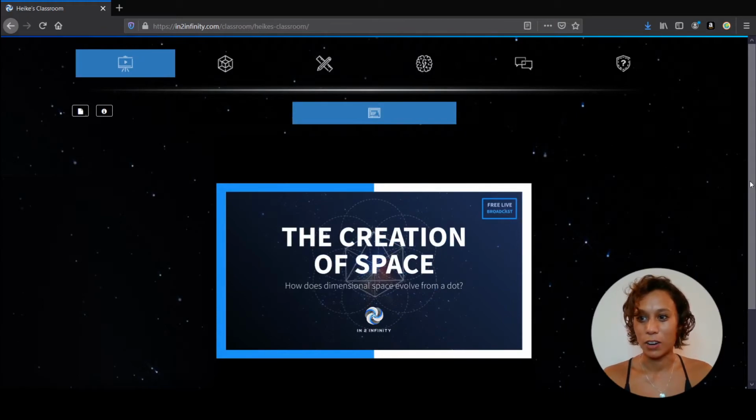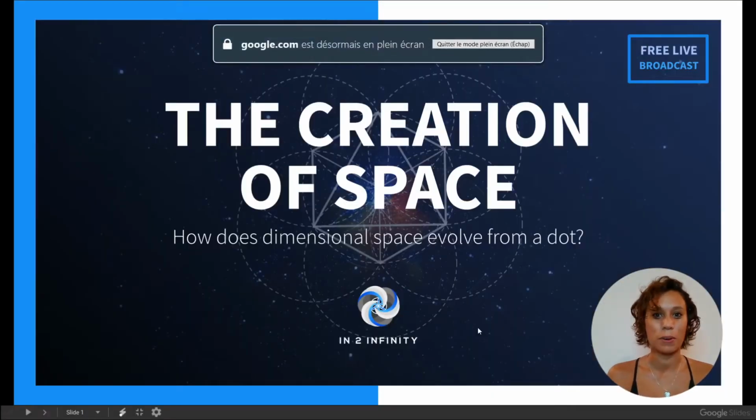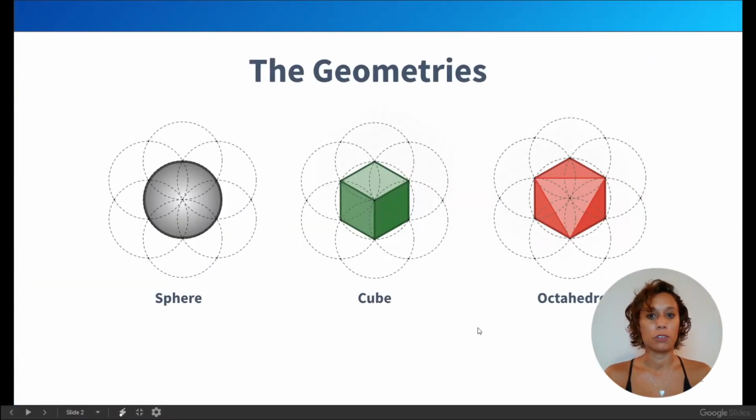So, this is our classroom. And this is what I want to talk about. I have some geometries for you. There are 3 geometries that I want to mention or talk a little bit about today. Obviously, it's just going to be an introduction, but there is the sphere. We all know the sphere. It's very round, in 3D.